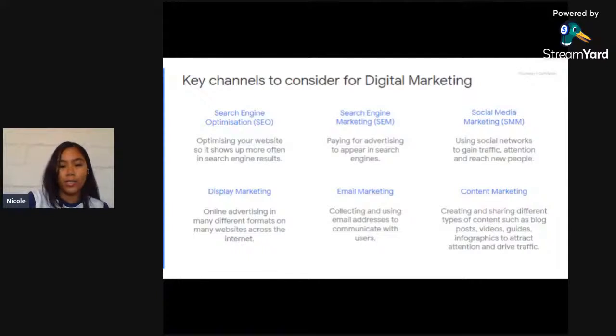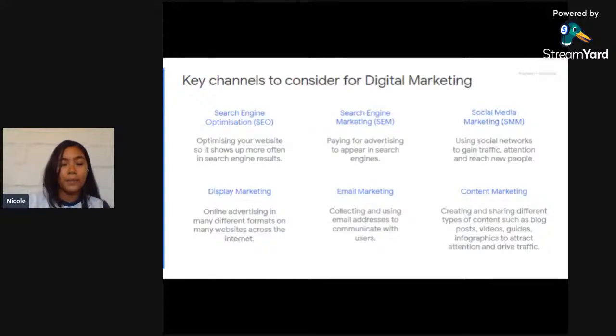Social media marketing means using social networks to gain traffic, attention, and reach new people. Display marketing means online advertising in many different formats on many websites across the internet.